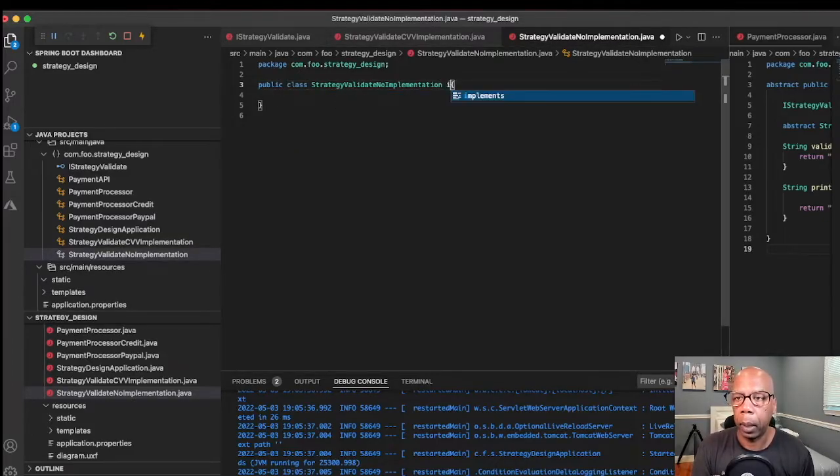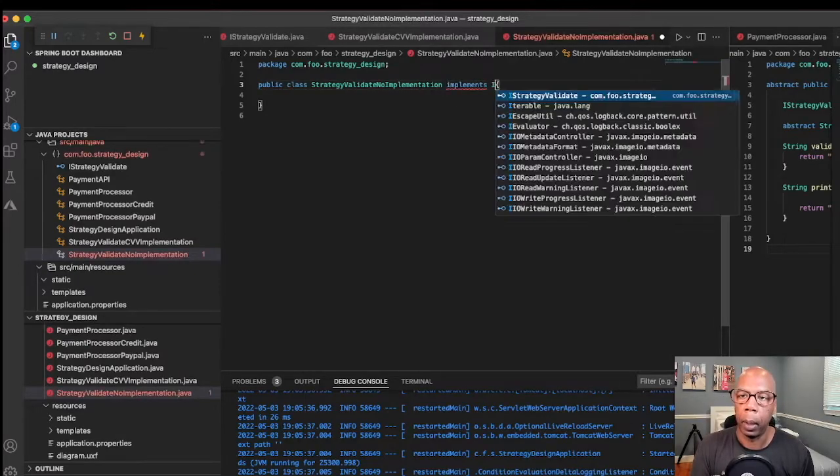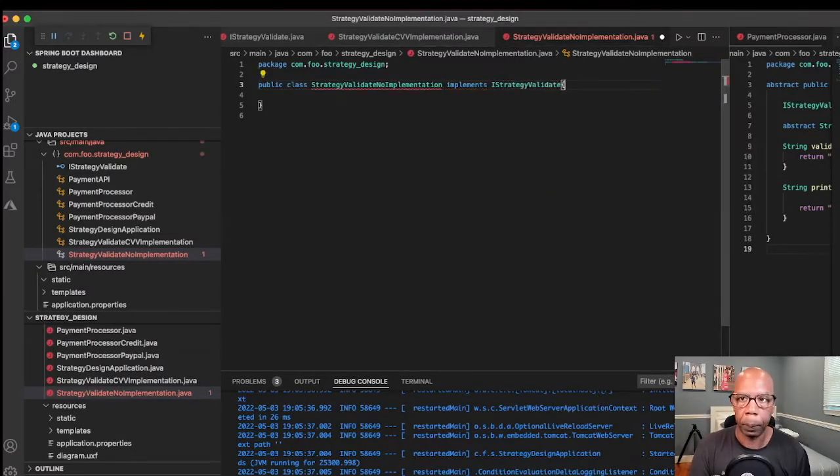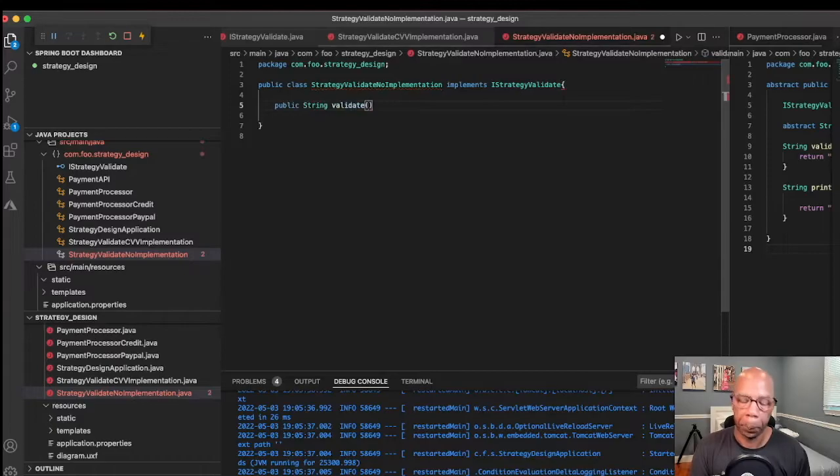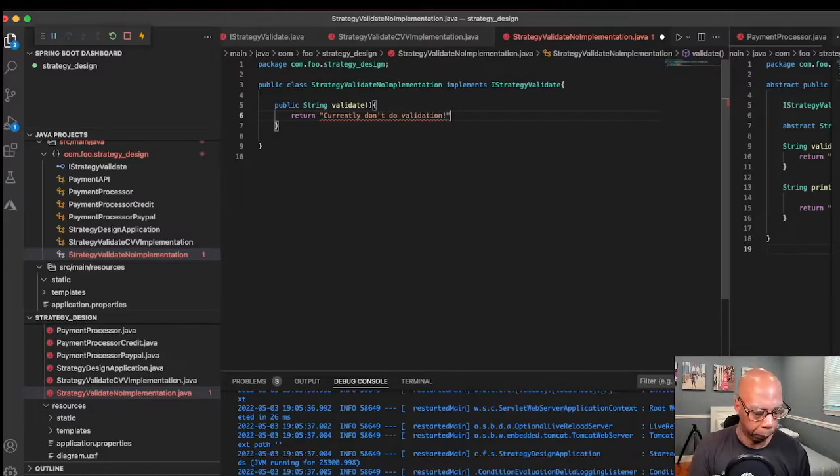So it will implement iStrategy and public string validate, and we'll return here: currently don't do CVV, or maybe don't do validation. All right, so those are our concrete implementations of the